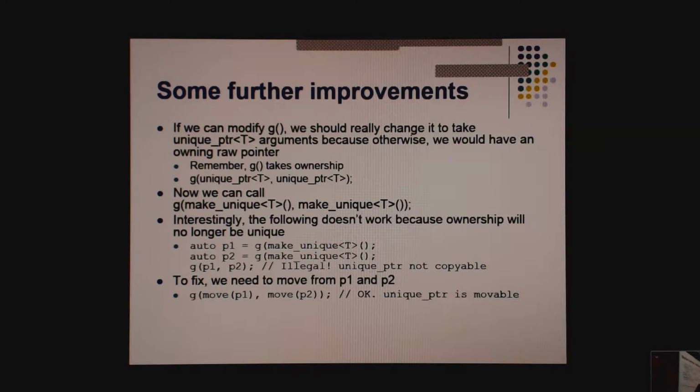Okay, so really, I don't want to call release. What release does on a smart pointer is it gives you the raw pointer. And we probably don't want to pass an owning raw pointer. So we should probably modify G to take two unique pointers. So now we really can call make_unique. And that,